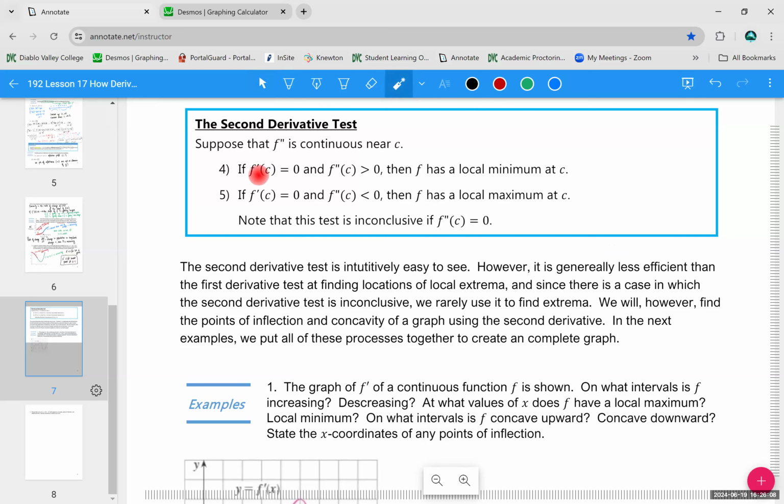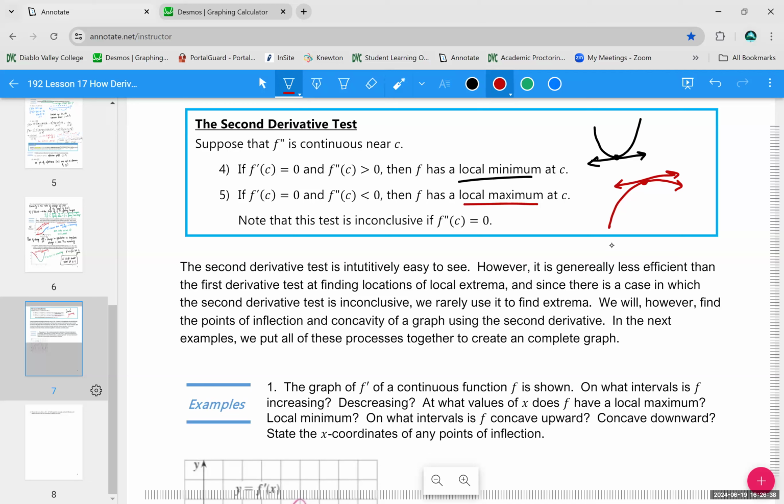What it's telling us is if we have a first derivative that's 0 and the second derivative is positive, so it's concave up and there's a point with a horizontal tangent line, what are we going to have there? A local min. Whereas if the first derivative is still 0 and the second derivative is negative, so it's concave down, and there's a point with a horizontal tangent line,